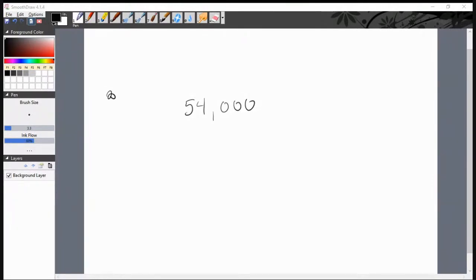So if I have a number 54,000, all scientific notation is, and most of you got this right, is moving this decimal point to the place where I only have one number to the left of the decimal, right there. And then all I'm doing is counting how many places I moved it. 1, 2, 3, 4. I moved it 4 places, right? So my scientific notation